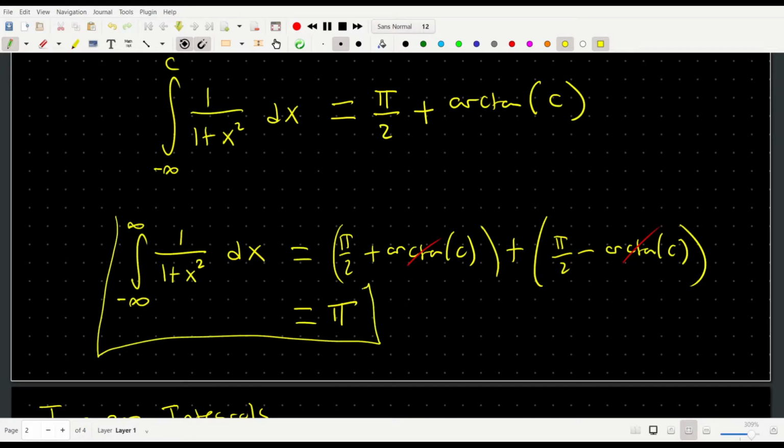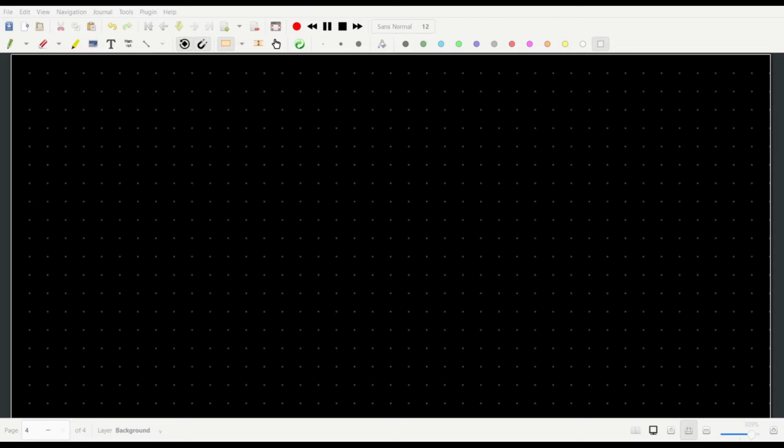And what that means then is that the area under this function from -infinity to positive infinity is in fact pi, which is very cool and very neat, that we can go through and do calculations like this. It's also very, very useful. So